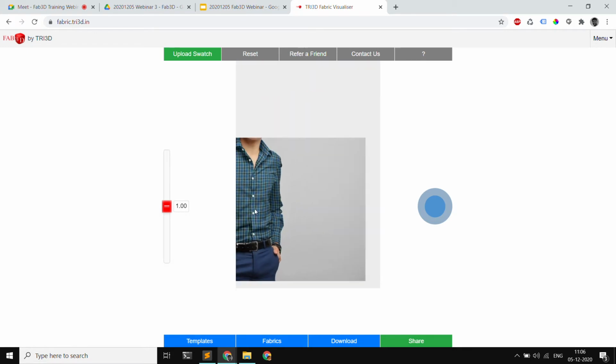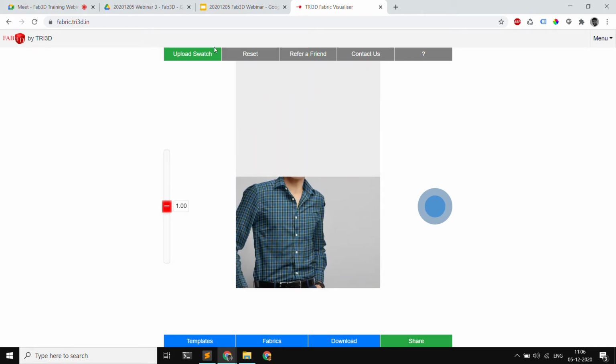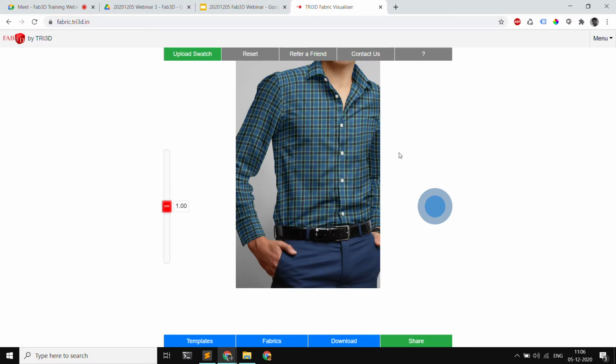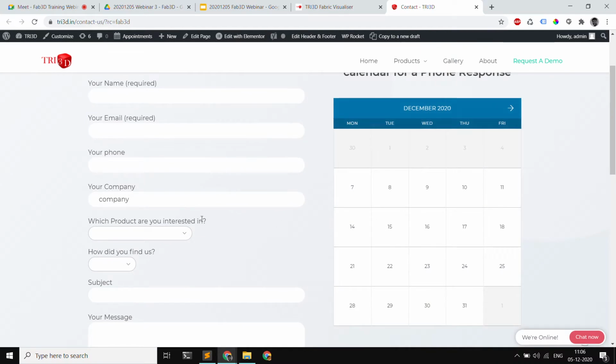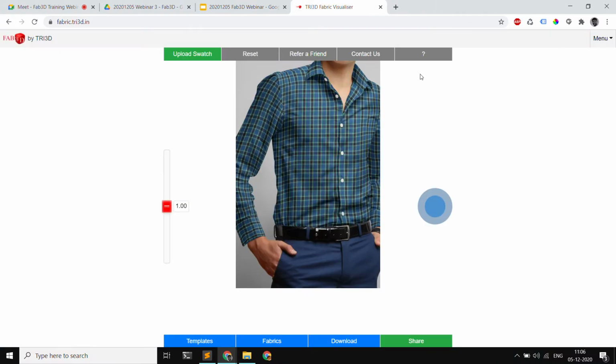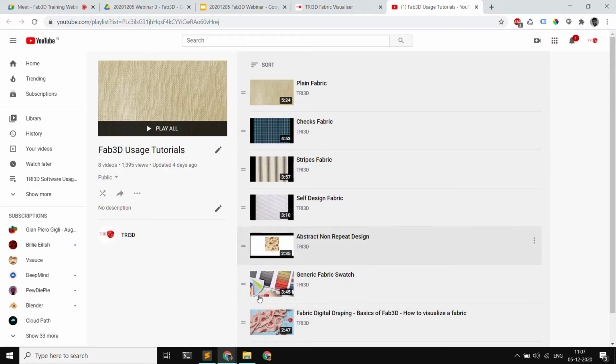If you missed it and want to reset, you can click on reset. It will bring it back to the center. I'll come back to this referral feature later on. If you have any doubts while using it, you can click on contact us. This will take you directly to our contact us page, where you can write your query and our technical team will respond. The question mark, if you click on it, takes you to the tutorials page. This roughly covers whatever I'm going to cover today, so that in future it can stand as a reference for you.